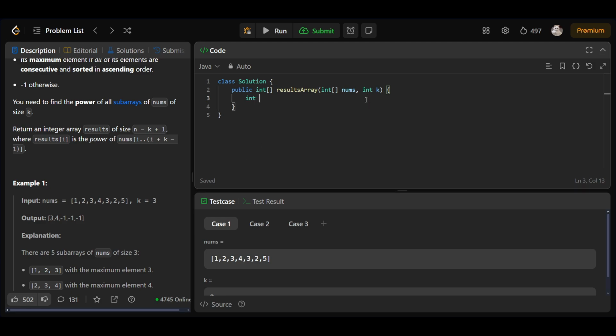Okay, so for this we'll be using a sliding window, so left is equal to 0 and right is also equal to 0, and n is equal to nums.length. Now let's have an answer array equal to new int of size n minus k plus 1. Now I'll be having an index for the answers, which is initially 0, then while right